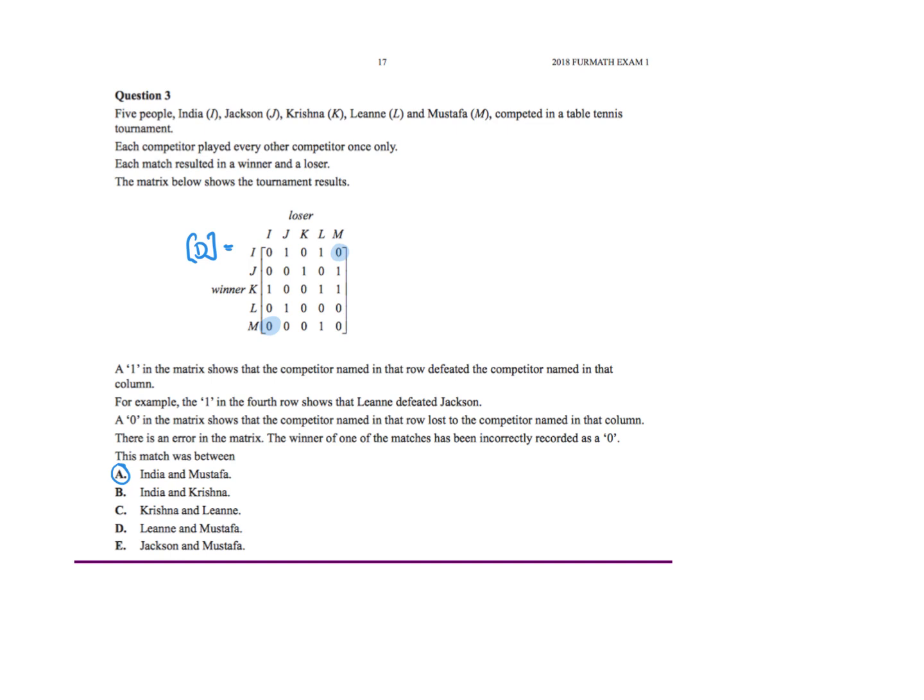And they will once again always give the blurb on how a dominance matrix works. And then it says, there is an error in this matrix. The winner of one of the matches has been incorrectly recorded as 0. Which match is this? In a dominance matrix, between the 2 letters, there should always be a 1 and